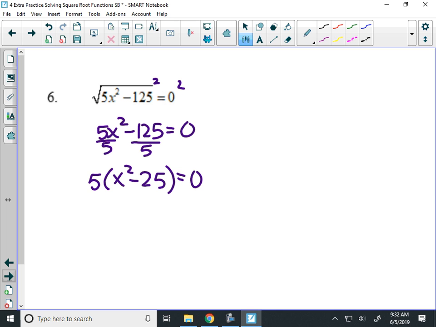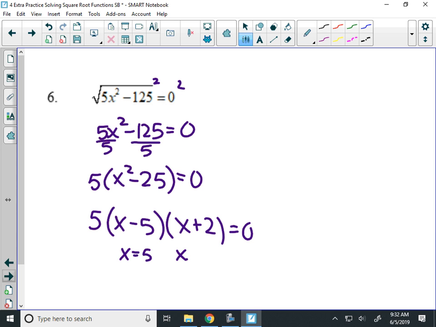And you should notice that I can do difference of squares. The square root of x squared is x, the square root of 25 is 5. Now, if you did not notice that, to get the solutions of 5, oops, I don't know why I wrote 2. If you did not notice that, to get these two solutions,